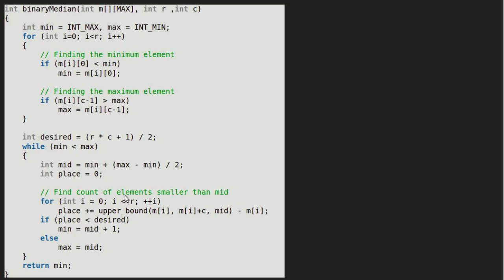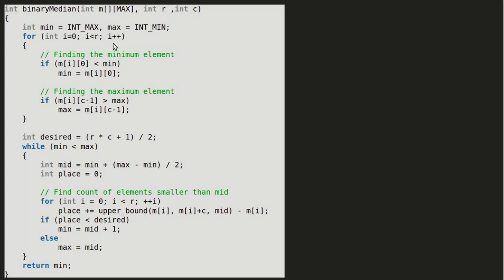Coming on to the code for this problem, the binary median function takes as input the matrix and the number of rows and columns in it, and returns the median of this matrix. We start by finding the min and max element of this matrix.